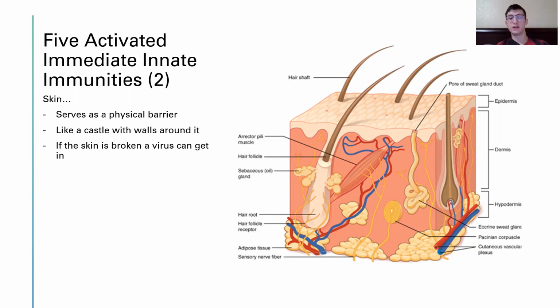The layers of the skin, like the outer wall and secondary inner walls surrounding a medieval city, not only provide protection from external enemies, but also provide niches where normal flora, bacteria, and fungi can live and conduct business. So the skin is essentially like a castle with walls around it, like a medieval city. But as soon as it gets broken, as soon as there's an opening, like a cut, a scrape,